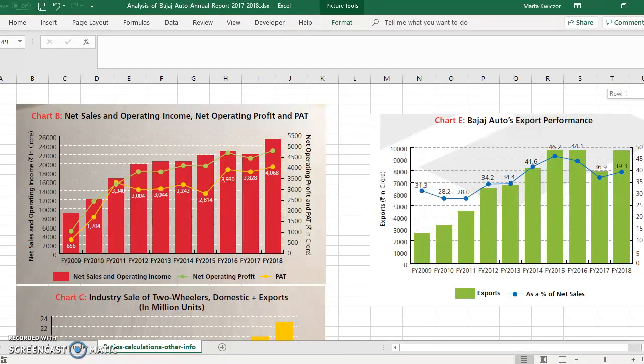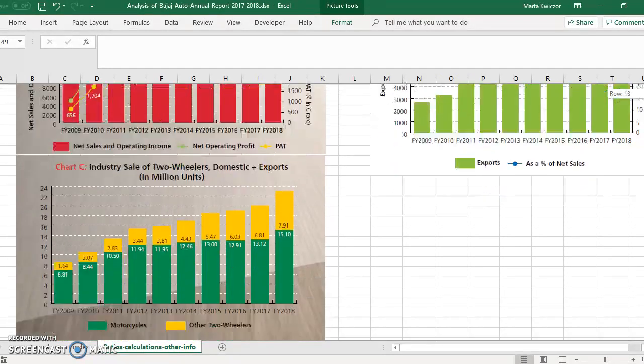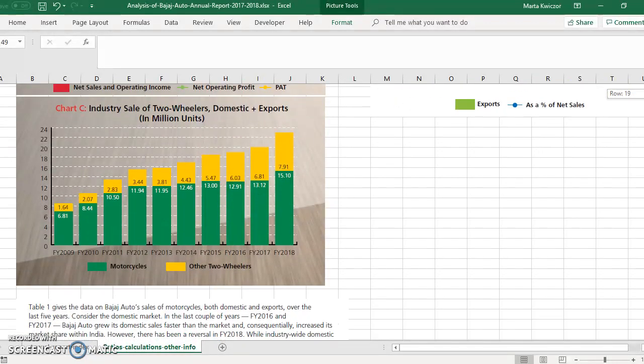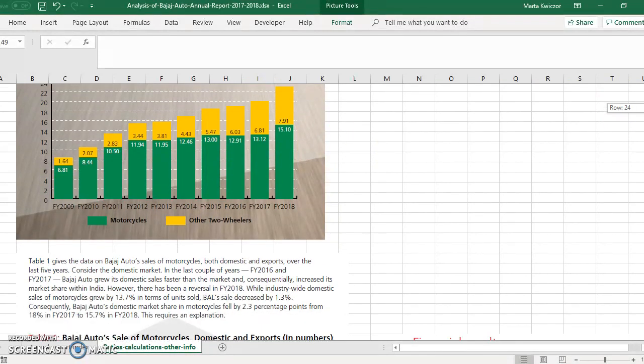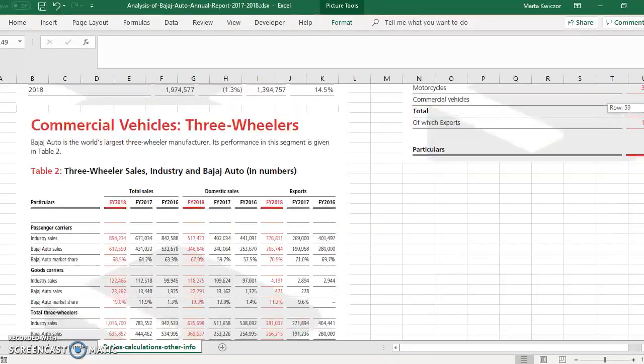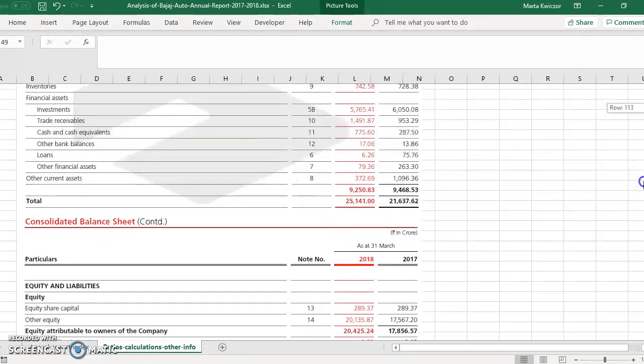And here they have also given the industry sales, how they have changed over the period, which they're following. Okay, so other than that, they have given a very important